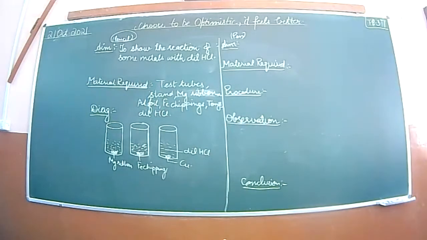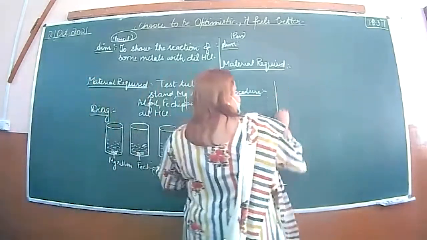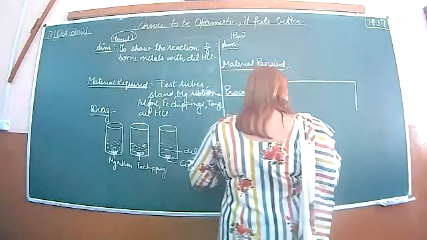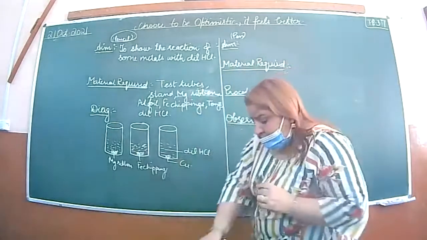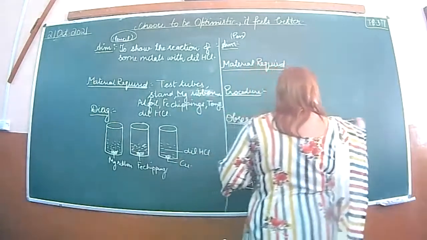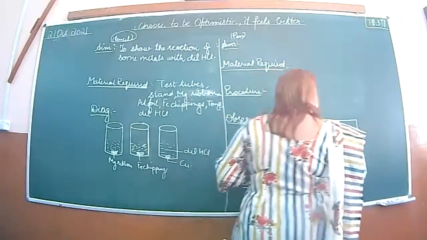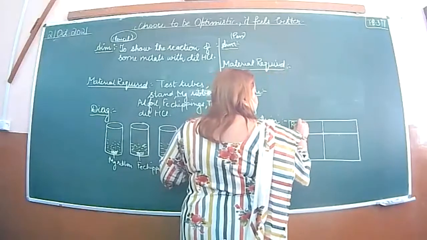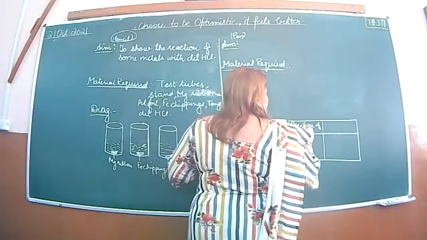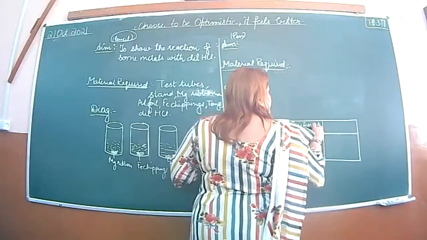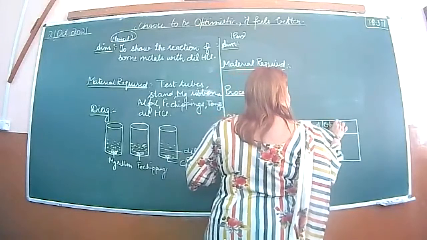And what will we write down on the right line page: the reaction, or we will make the table after the procedure, or you can write it in the observation. Make the table on the observation side, divided into two. Write down on one side the reaction of metal plus dilute HCl, and here you will write down the observation.